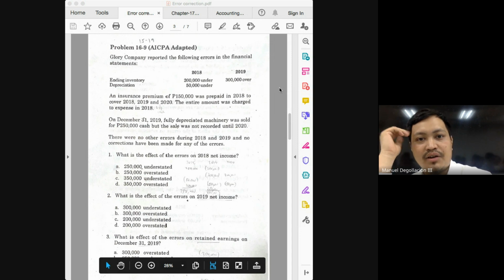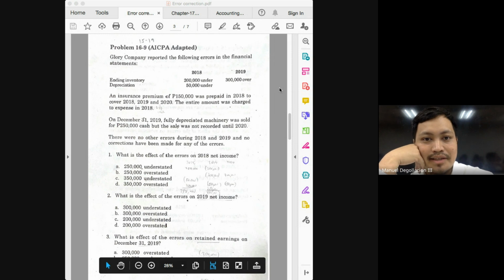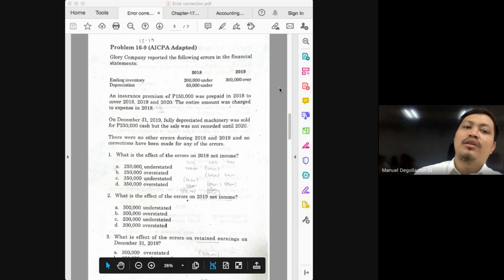Glory Company reported the following errors. For 2018, ending inventory is understated by 200, and depreciation is understated by 50,000. So I'll just tell you how to solve this one, class. I hope you'll be able to figure out how to analyze these items. My advice for you for this topic, class, is to always and regularly talk to yourself as you try to solve the problem. So for example, ending inventory: an important requirement here is that you know how to solve for cost